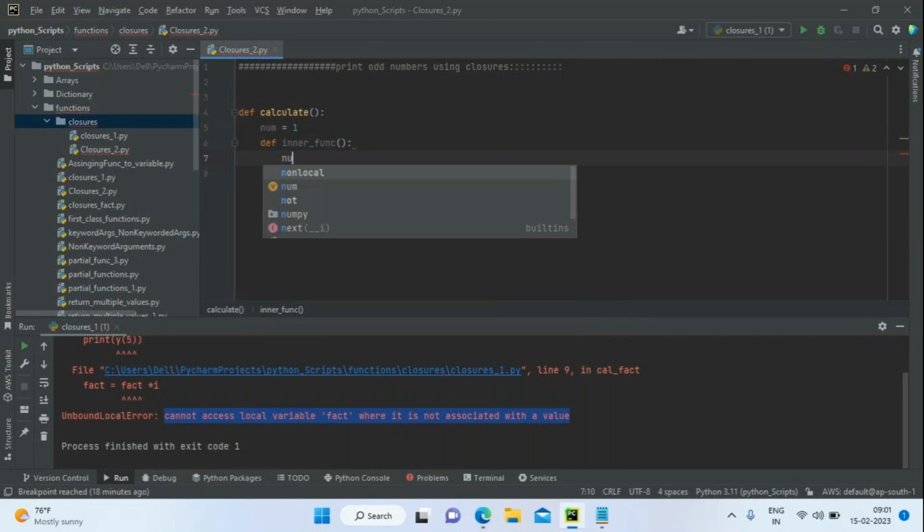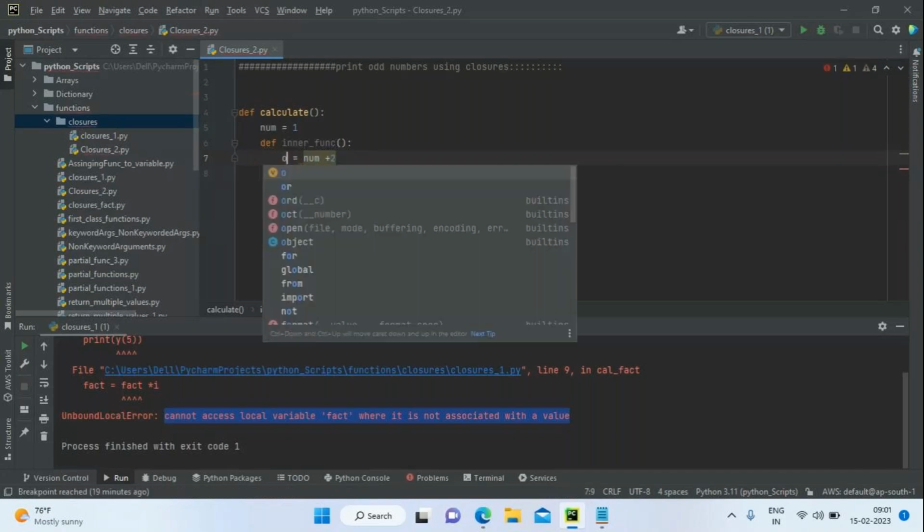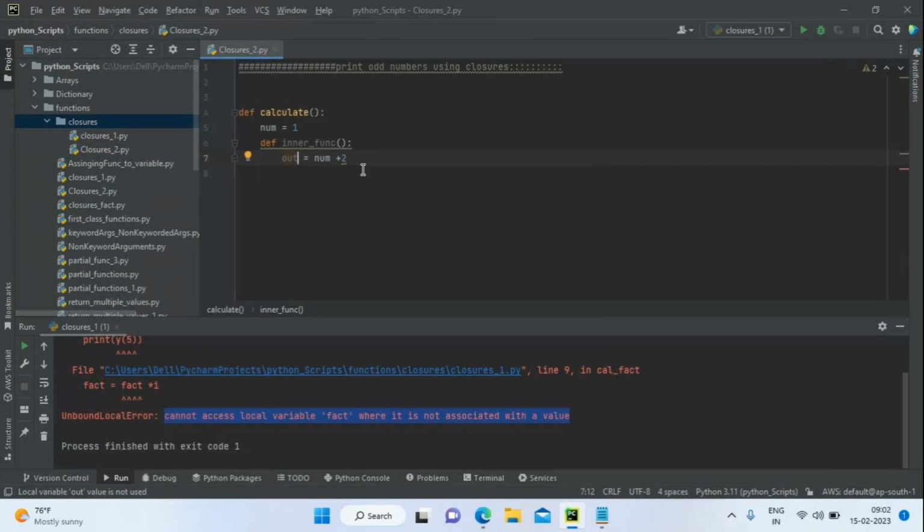What I can do is num = num + 2, because I'm trying to modify this num value. If I'm only trying to access the value, it's not an issue. But if I try to modify the value,